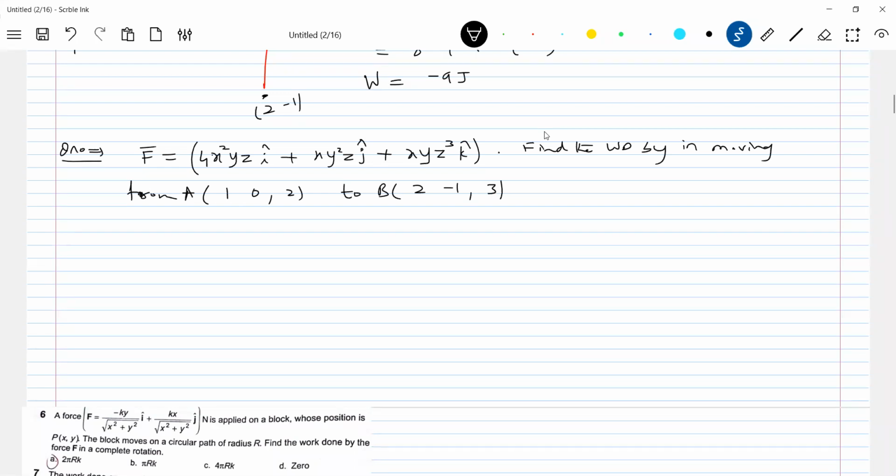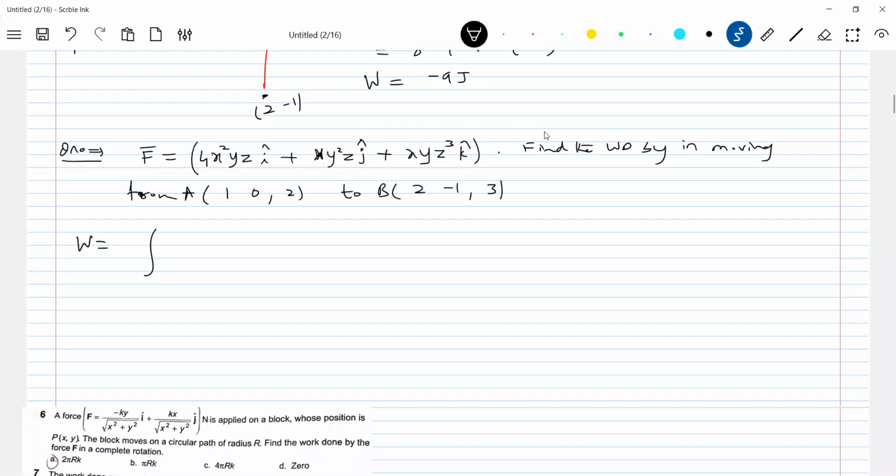Can you arrange for the derivative? You see, not possible, no? The derivative of some equation will end up like this, not possible. Sometimes even that mathematical searching for the derivative also will not be available. So in that case, what we have to do, we have to just go back to the basics. First I'll integrate from 1 comma to 2. Then I'll arrive at 2 comma 0 comma 2. Then I'll integrate along y-axis. Then finally I'll arrive at 2 comma minus 1 comma 2. Then I'll integrate along z-axis.